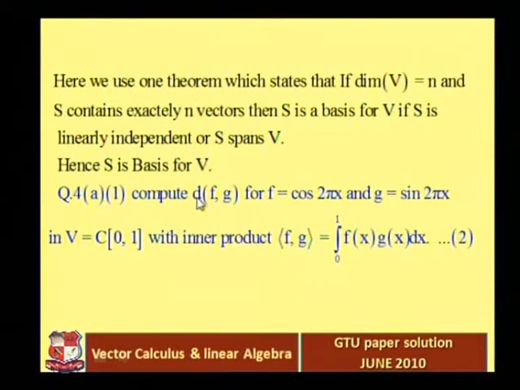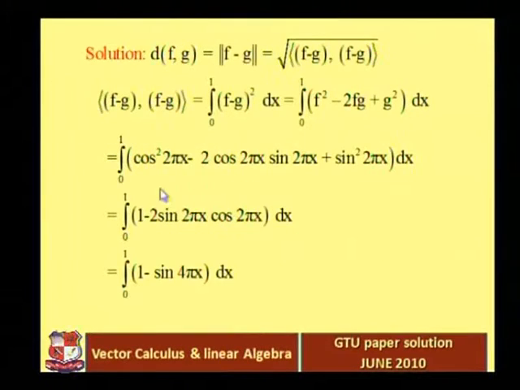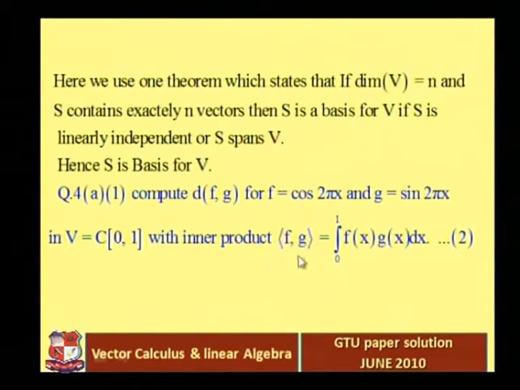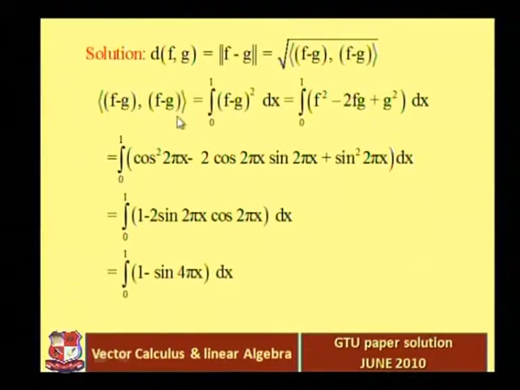So clearly we know that the formula for the distance from F to G is the norm of F minus G. Distance from F to G is equal to the norm of F minus G, which is equal to the square root of the inner product of F minus G with F minus G. Now, using the definition, inner product of F and G is the integration from 0 to 1 of F into G. So the inner product of F minus G with F minus G can be written as the integration from 0 to 1 of (F minus G) squared dx, which is equal to the integration from 0 to 1 of F square minus 2FG plus G square,